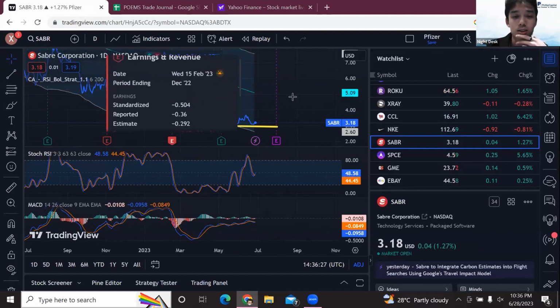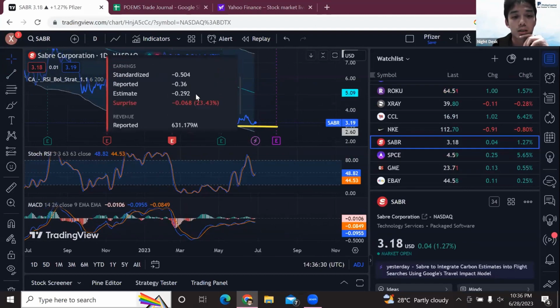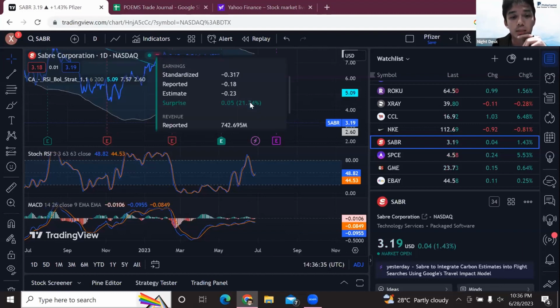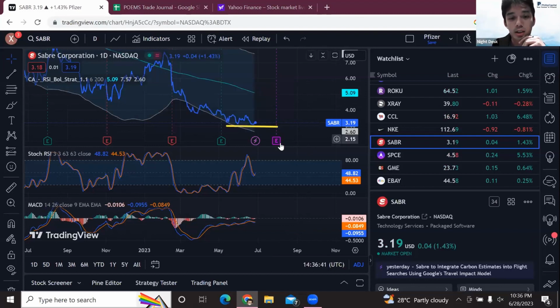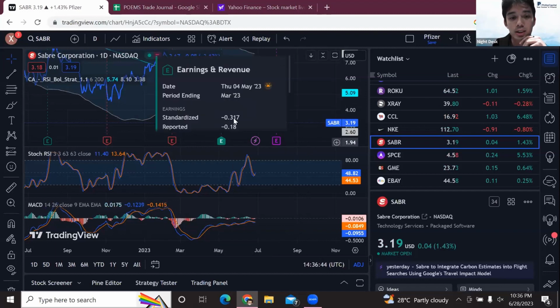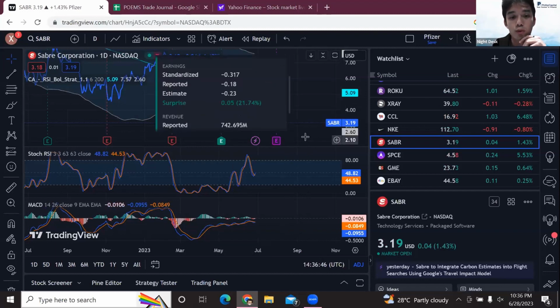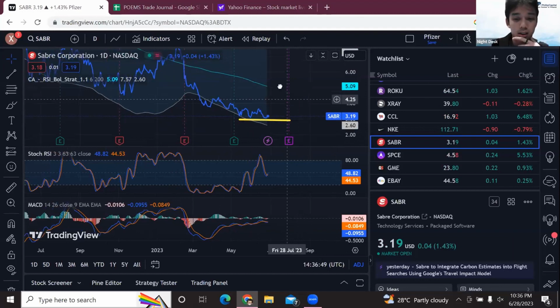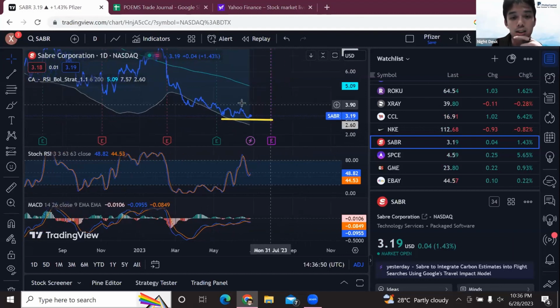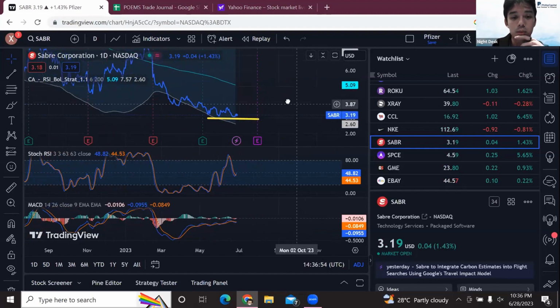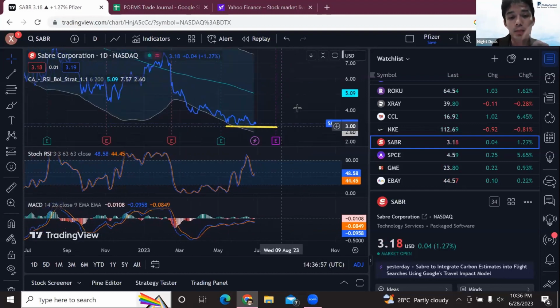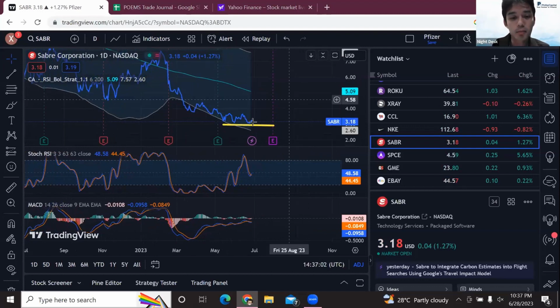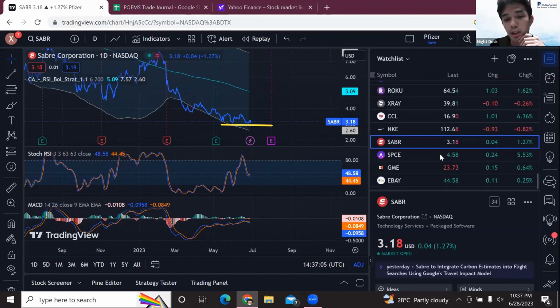I look at their earnings as well lah, but pretty general. I don't go too in depth. So I'll take a look at their earnings, look if they're earning money. So you can see their earnings per share is actually a loss, but of course they are expecting to reduce this loss as they move forward. So this SABR might still be at this level for quite some time, until probably the next earnings itself, unless there's big news. If not, you can see SABR slightly around this area, or might be around this area. It's not something I will go in as well.